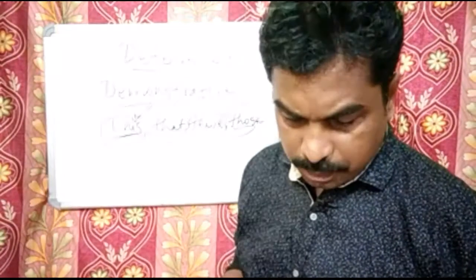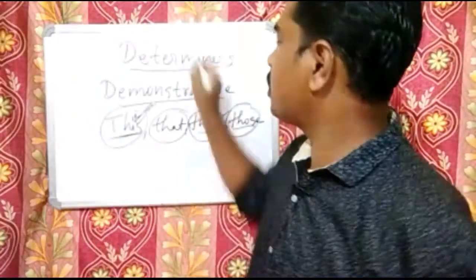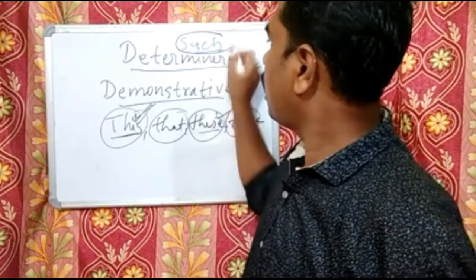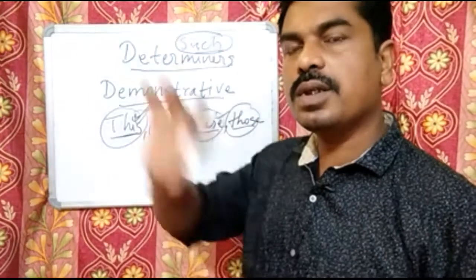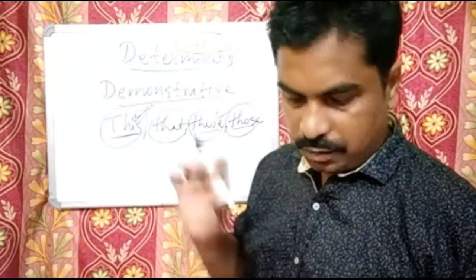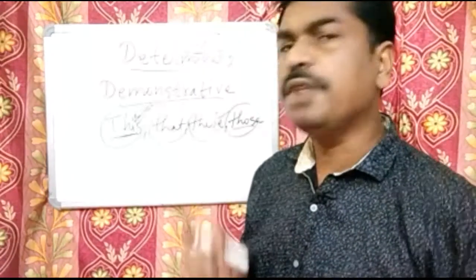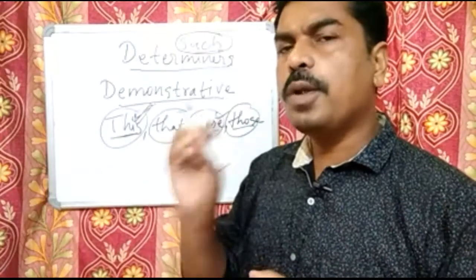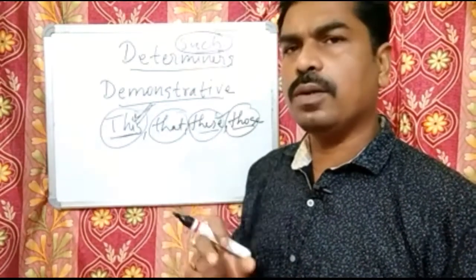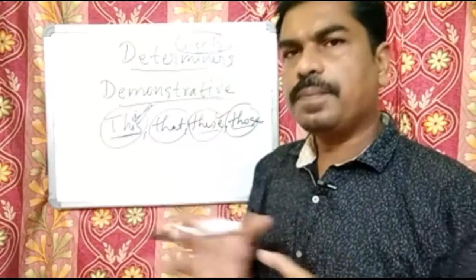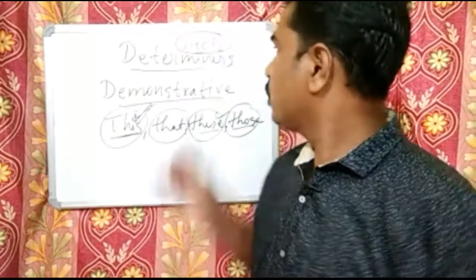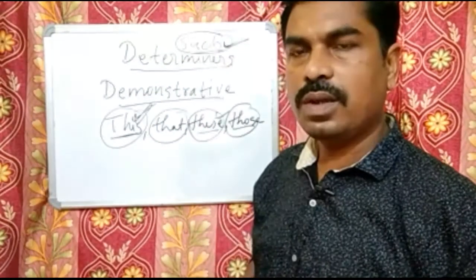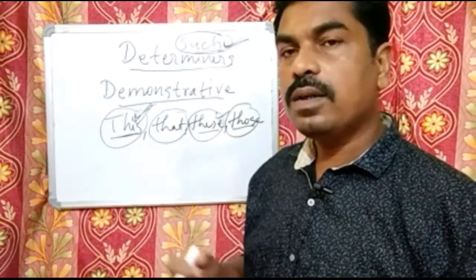We also have some more, like such. When I use such, I point towards a certain group of people. For example, when I say, never trust such people at all. Such people means I'm pointing towards a particular group of people who are similar in their habits and behavior. So for talking about those things, we use such. Okay? Such people are dangerous.